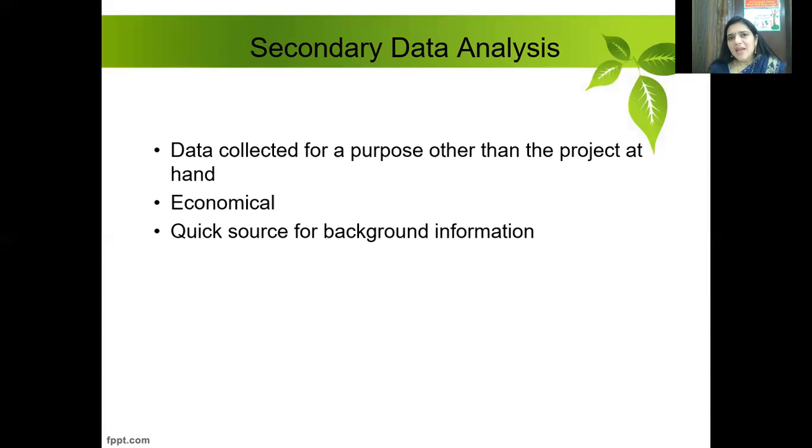Then secondary data is economical. This is really economical because it is available online these days. You can collect the data without any cost, because you just need an internet connection and either a mobile phone or laptop to read it. And of course, when you are doing research, you would have these basic amenities with you. You don't have to spend any extra penny. You don't have to go and buy the annual report. You don't have to go and buy the data at least.